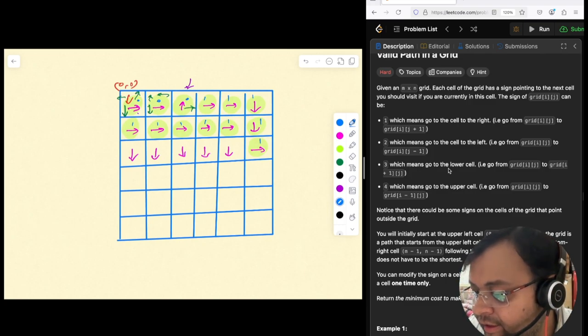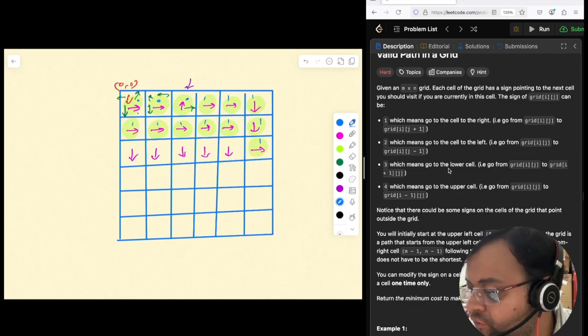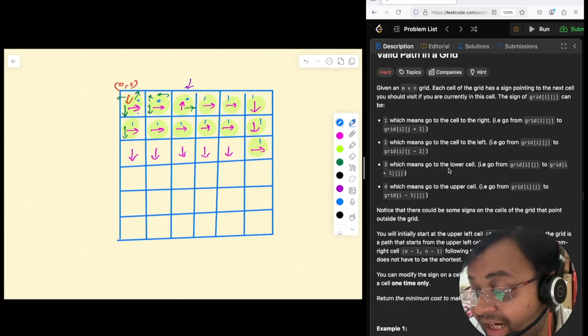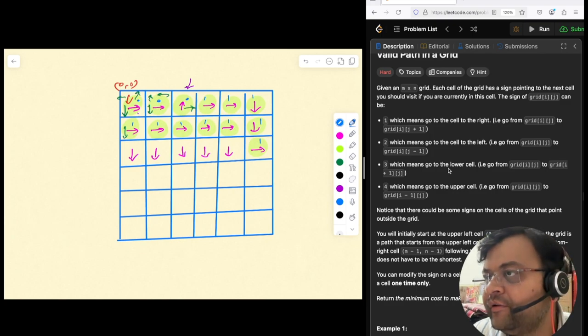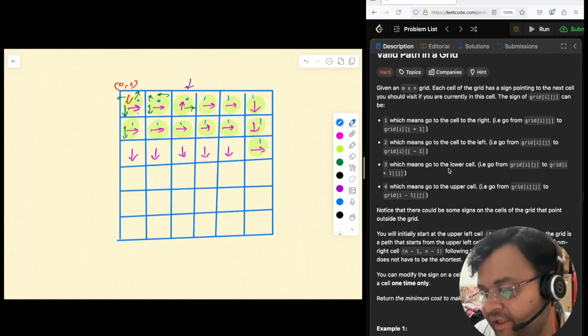Now let's see, this is the one change you have already done, right? Now if you start exploring this, if you change this to down, correct? Now how many can you explore? So this is your second change you are doing, correct? With zero changes you can reach this much. With one change you can reach this much. With the second change now you will reach more. Now you are expanding your exploration of nodes, right? You will be adding or exploring more nodes as soon as you are modifying these signs,